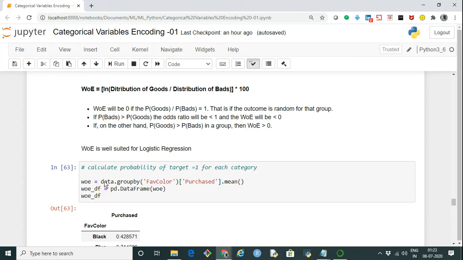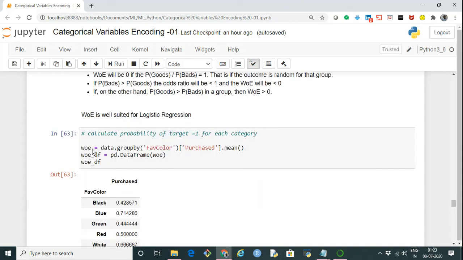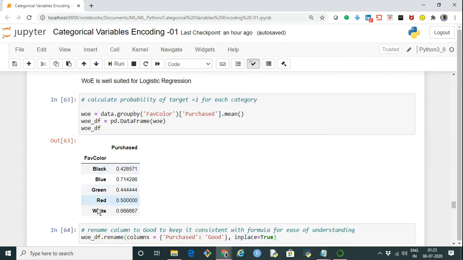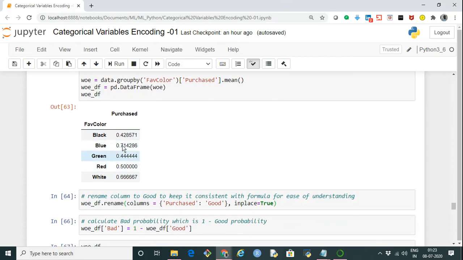In that way we calculate the WOE. Now this will be in the form of a series, so I'm converting it into a data frame. This is what the data frame looks like: for each color we have the mean value corresponding to the target variable purchased. Now I'm renaming the column purchase to good so that we can relate it with the formula.